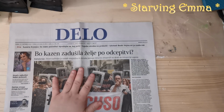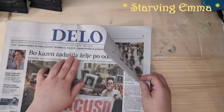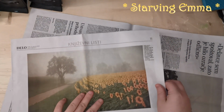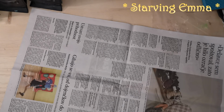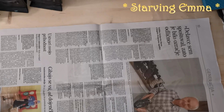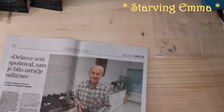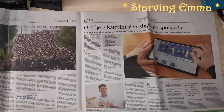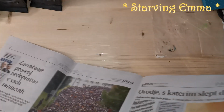So I'm gonna try to make pages with newspaper and see how that's gonna go. Just because I've seen a lot of people. Ooh, this one, I like this page. I might save this. I've seen a lot of people making junk journals, but they're mostly using bags, more sturdy paper. And if not, they actually glue a few pages together. So that is what I thought I'm gonna do. And just go with the flow. If I do like a page more than the other side,